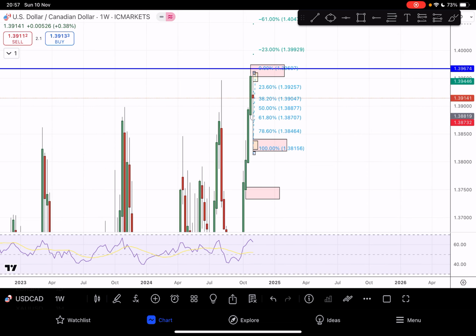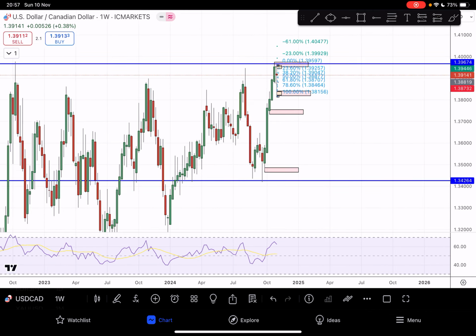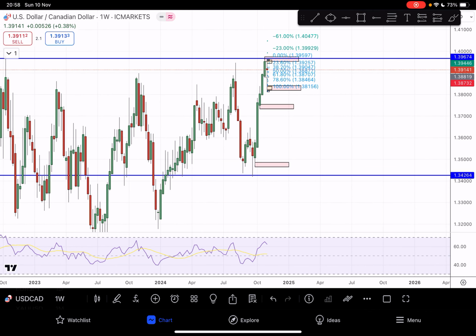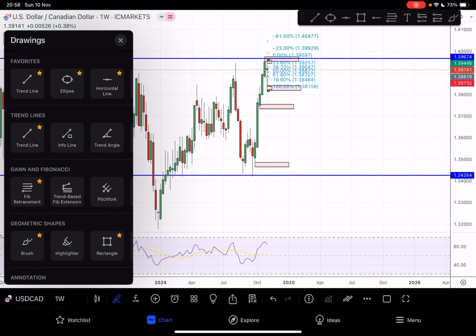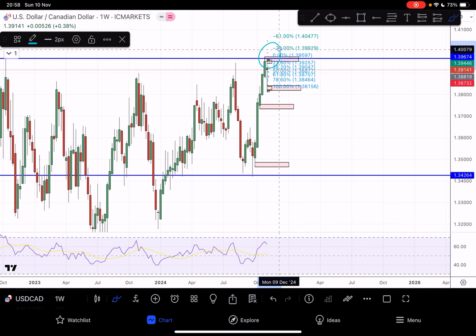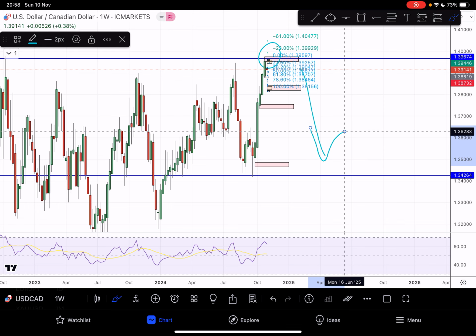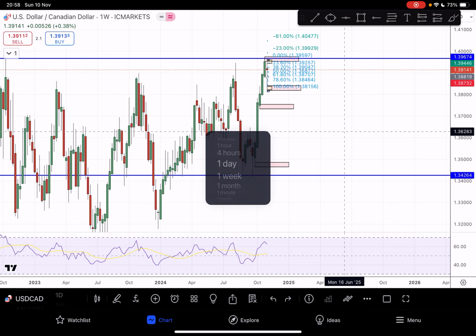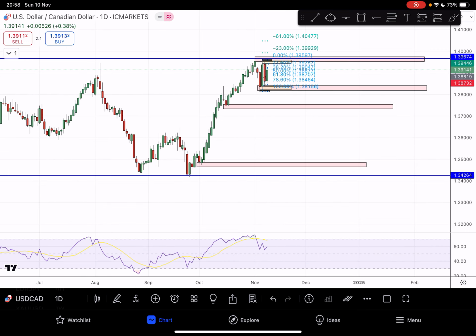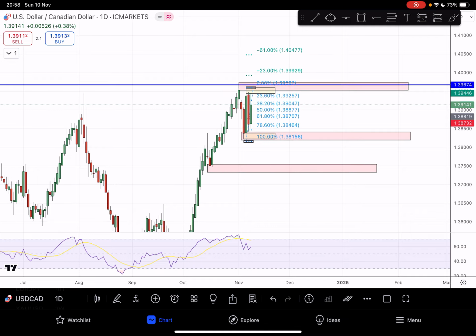So first of all, USD CAD, we go on to the weekly time frame. You can see price is at a daily resistance here. It could go back down to this level here. If we go to a H4 time frame, a daily time frame, you can see price made